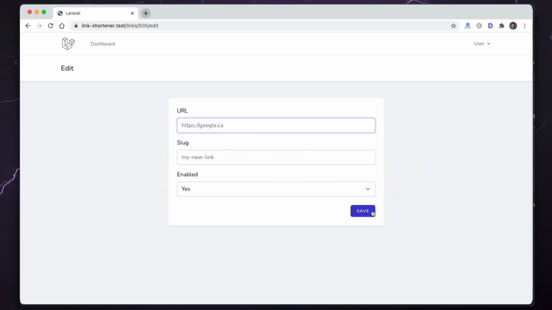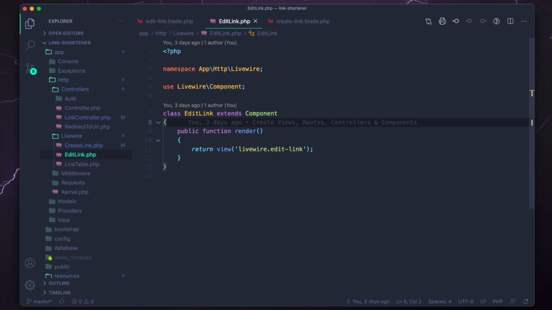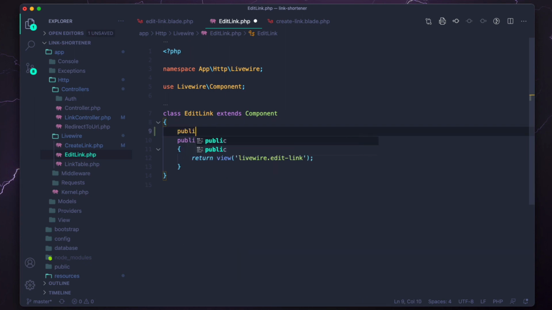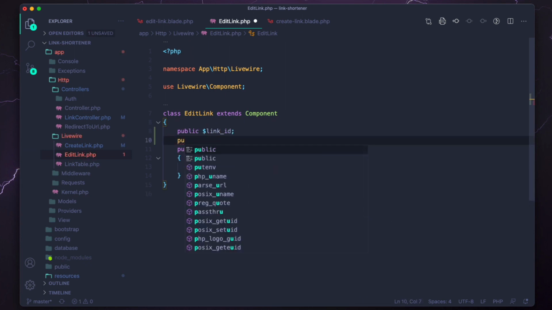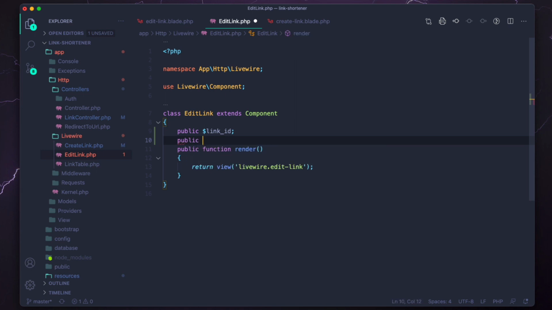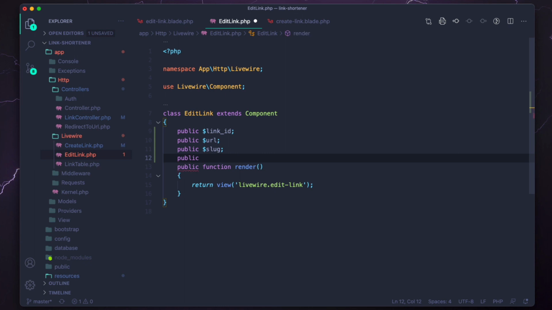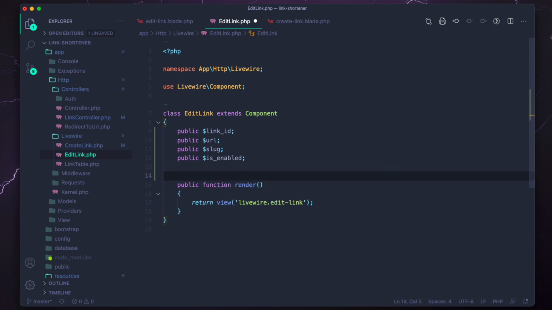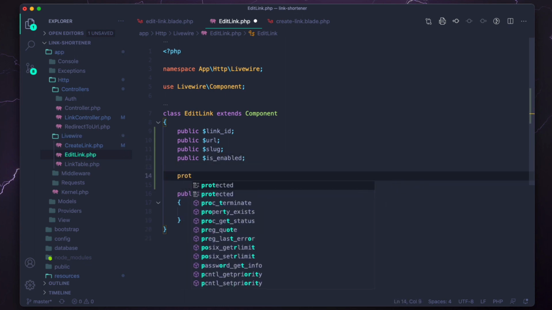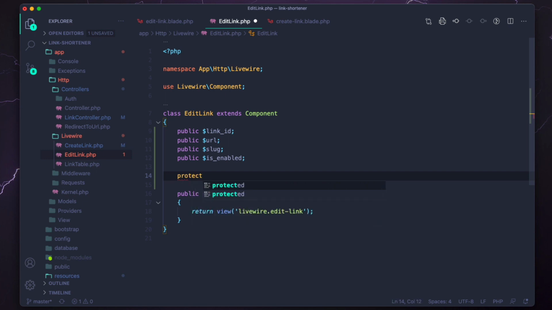So the first thing I'm going to do, just like the last time, is actually define the public properties, and I'm going to start with the link ID. I chose to make these camel case, and I'll explain why in a second. So I chose to make these camel case because I know that when I define the rules in here, I kind of want to use this built-in functionality